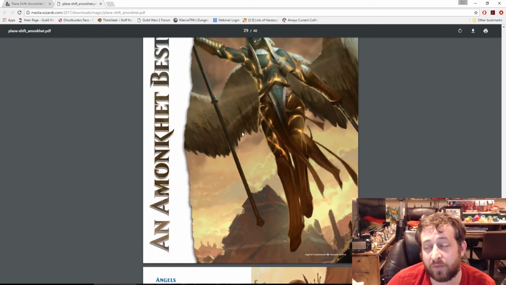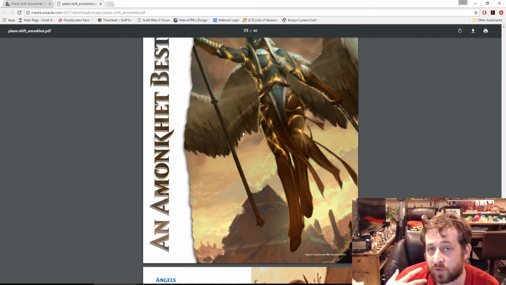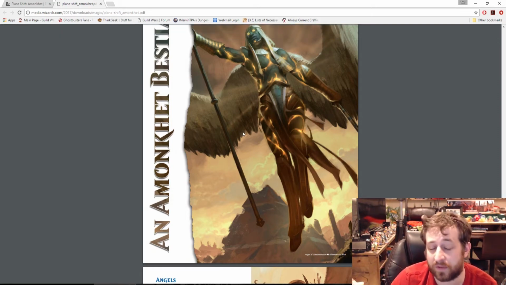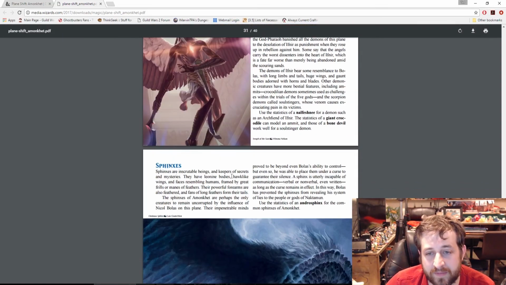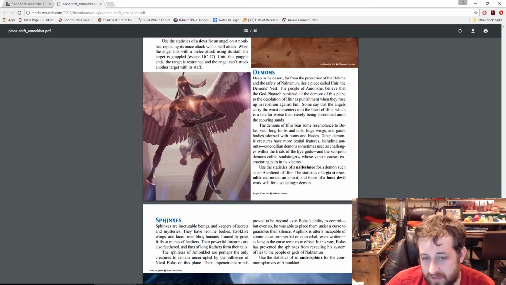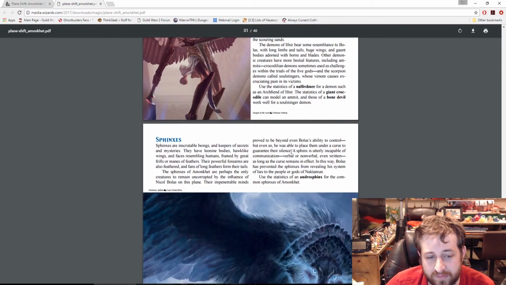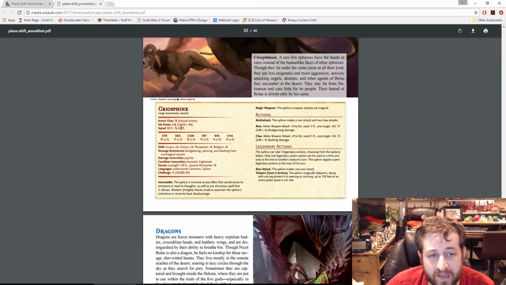This is going to tell you what you've seen in the other ones, where it's going to tell you what monsters, which ones to use, but it's also going to give you some new ones, so we're going to take a look more at those. Angels, demons, I see here we've got Devas, Nalfeshnee, giant crocodiles, bone devils, sphinxes, Androsphinx, but we do have a